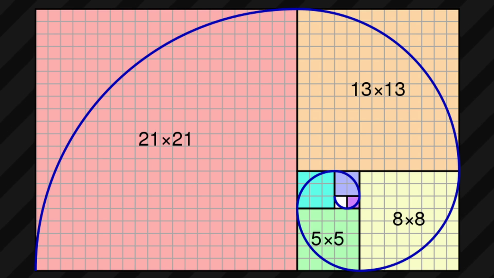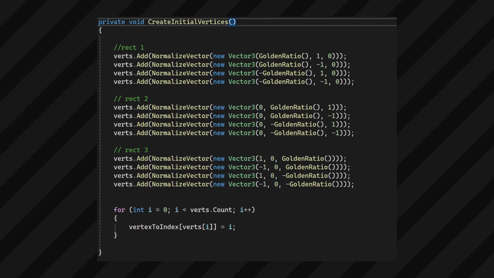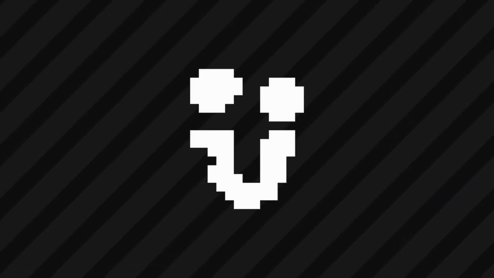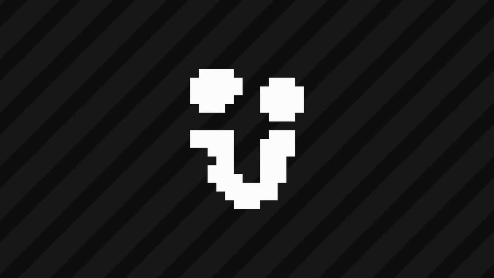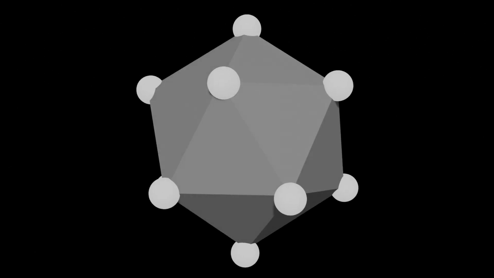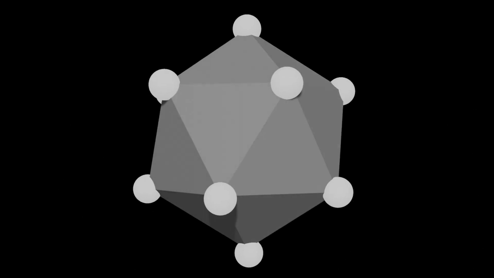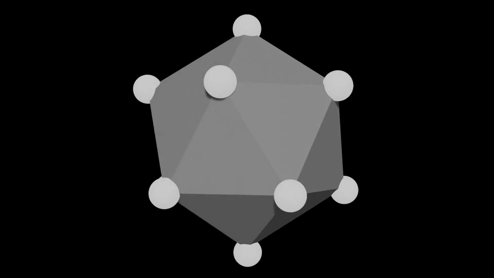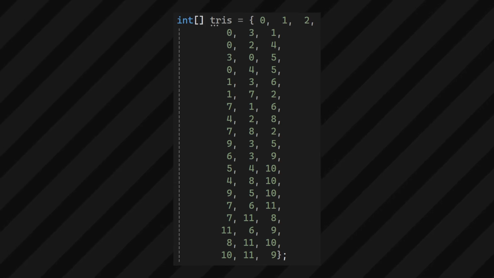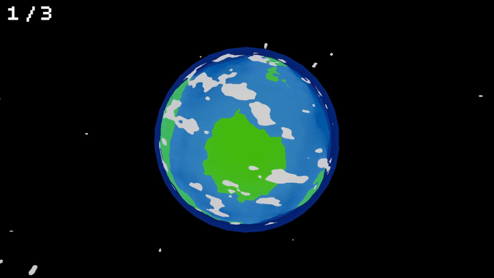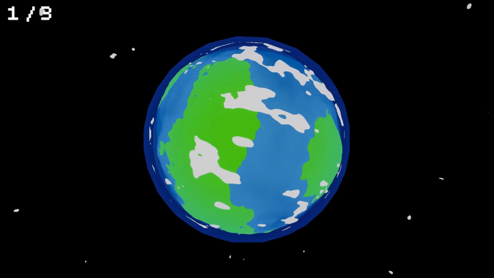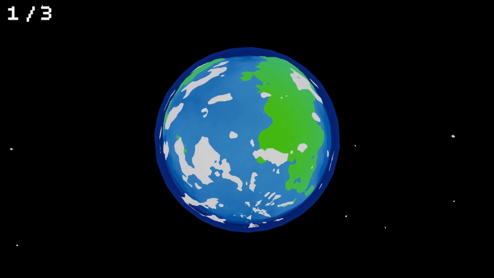To make this in Unity, you first need to use the golden ratio like this to get the initial points. Then, honestly, to get the triangles it would have been pretty simple. Just label every point, visualize it with gizmos or spheres or something, figure out the order, and then make an array for the triangles. But for some reason, I of course didn't really realize I could do this, and spent